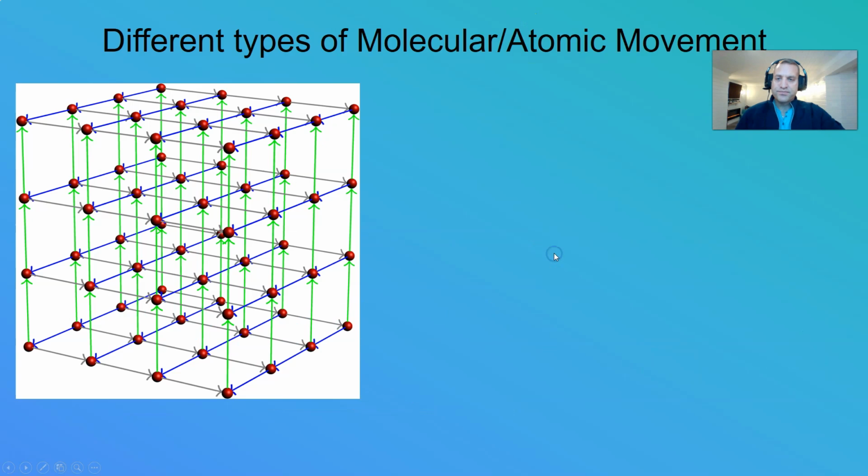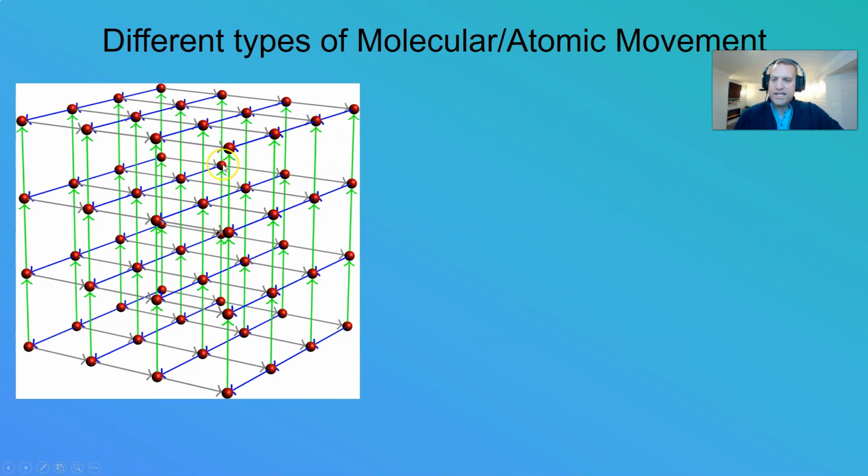So let's proceed. Let's first discuss different types of molecular or atomic movement. Here on the left, we have a diagram of an atomic lattice that could be, say, the microscopic scale view of the interior of a rock or a brick or something like that. These atoms are connected to each other with interatomic bonds, and they form a lattice like this. Now this might be a crystal because the spacing here is all very nice and even, but in any case this is a simple diagram of what the interior at the atomic scale of a rock or something looks like.